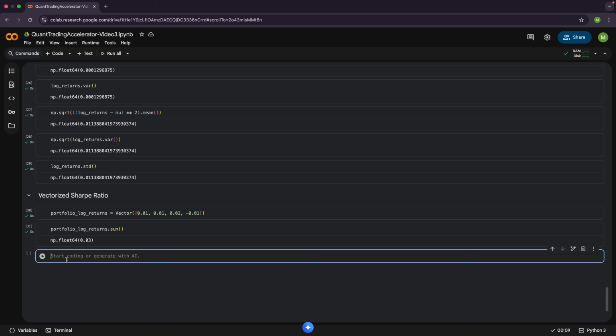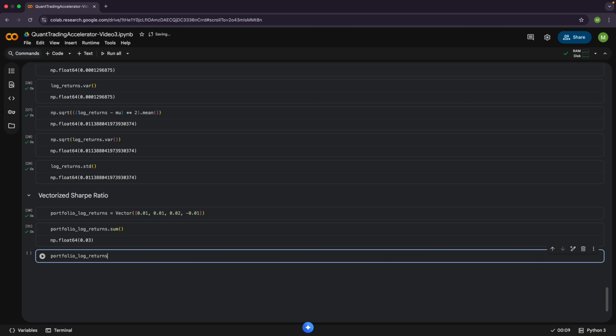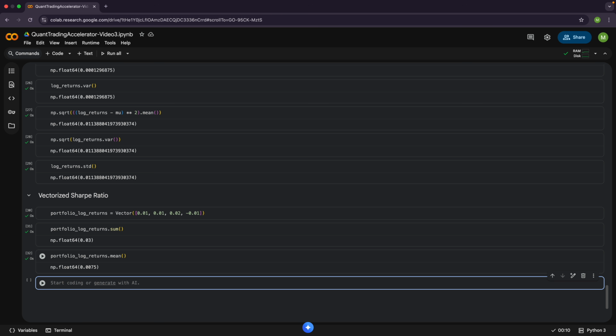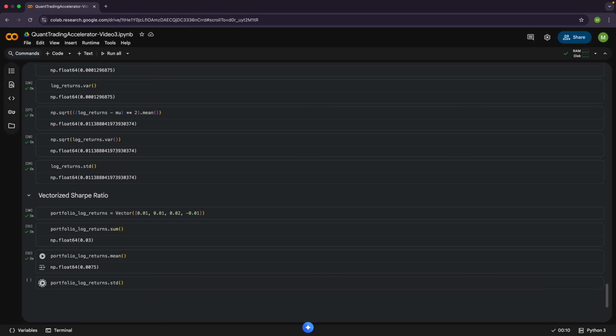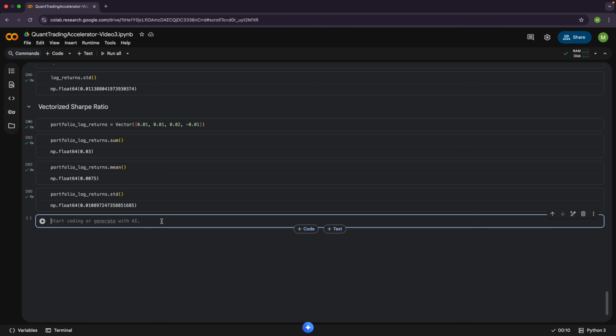And we can also calculate the mu for it very quickly. It's just the mean. We can calculate the mean, and we can also calculate the standard deviation. So then we can see the standard deviation. Okay, so essentially the basic version of Sharpe is you take the mean,